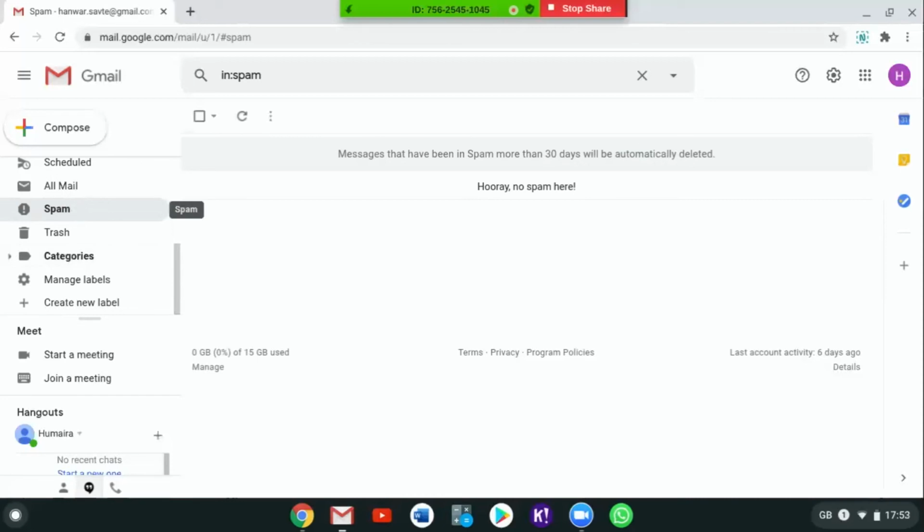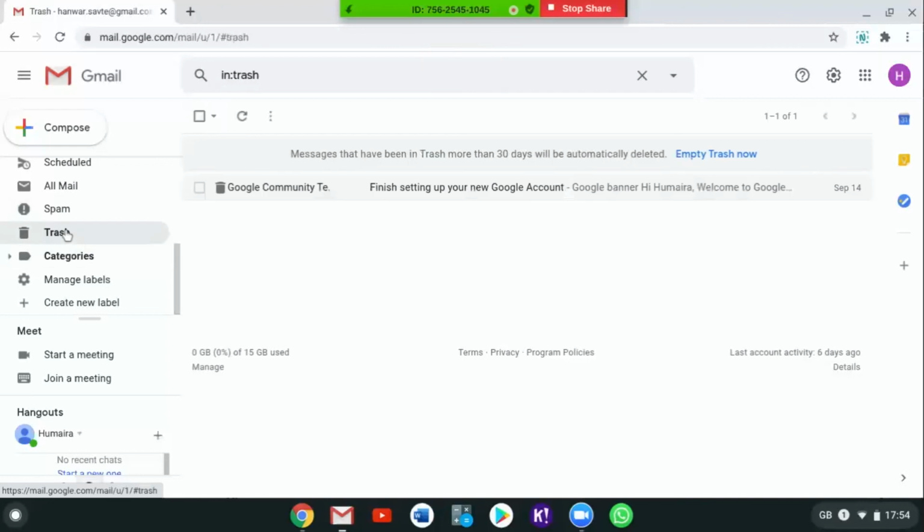But sometimes some important emails also go to spam because sometimes Gmail doesn't recognize some of the email IDs. So in that case, it may happen that your teacher or I or anybody from the Safety team would ask you to check your spam also for some of the updates and emails. So you need to remember that spam is here in the more section. Then below spam, we have trash.